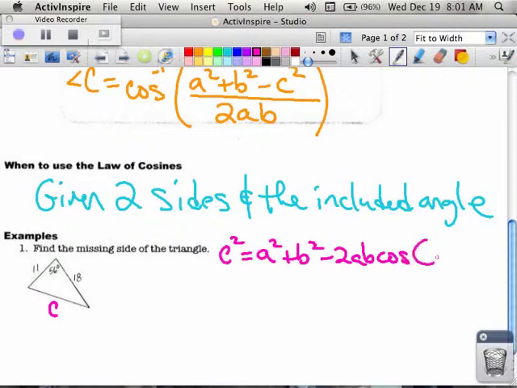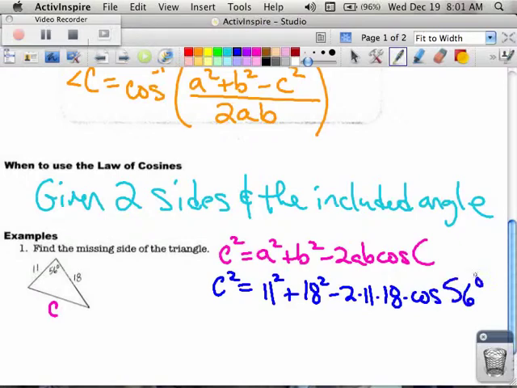Since I don't know what the C is, I'm going to now write that as c squared equals, and notice how the other two sides are not labeled a and b. It actually does not matter which one they are. So whatever I see first, which I read from left to right, I'm going to pick the 11 as the a. I'm going to go with 11 squared plus 18 squared minus 2 times 11 times 18 times the cosine of the angle in between them, which was